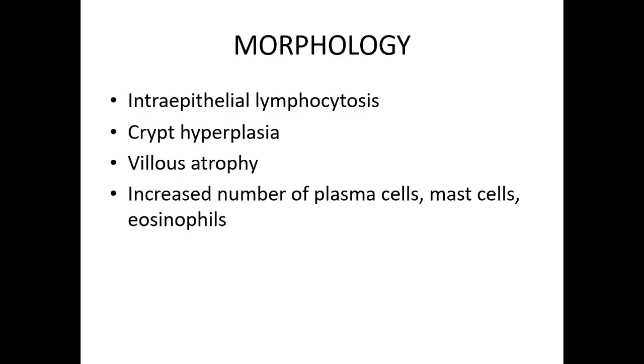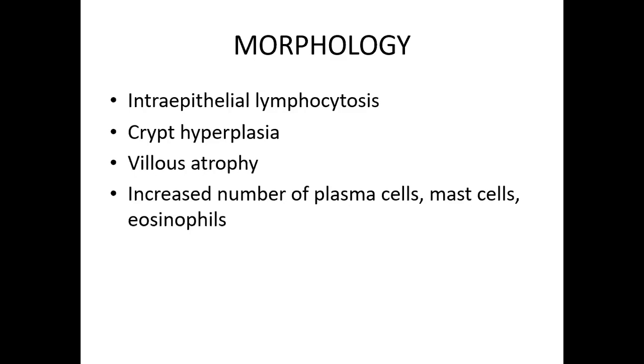There is increased intraepithelial lymphocytosis and crypt hyperplasia. The villi are atrophic, and there is an increased number of plasma cells, mast cells, and eosinophils in the lamina propria. So there are 4 microscopic features: